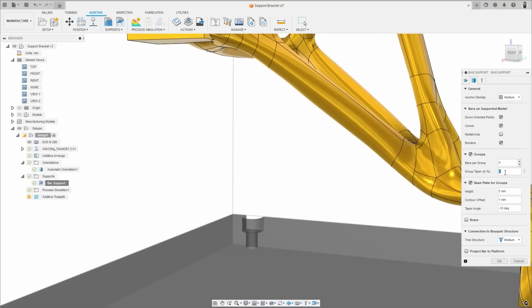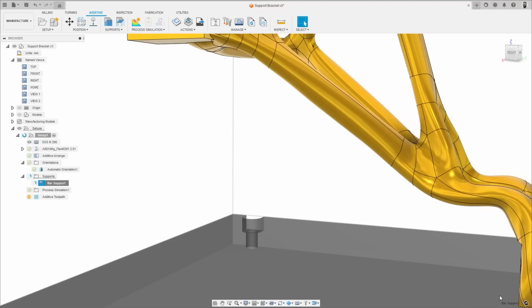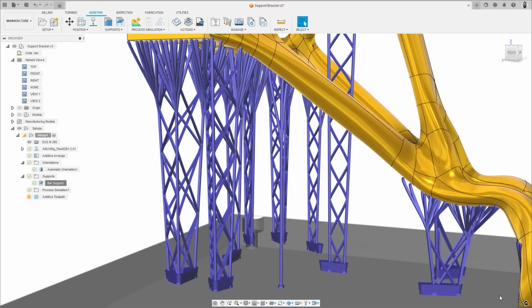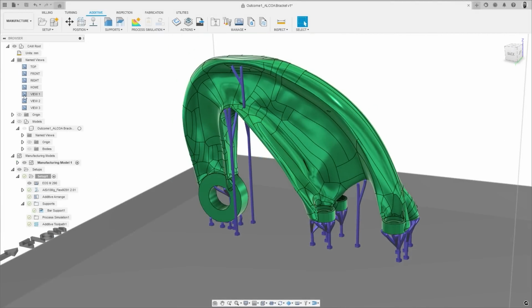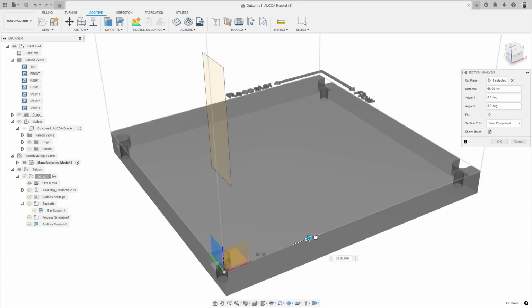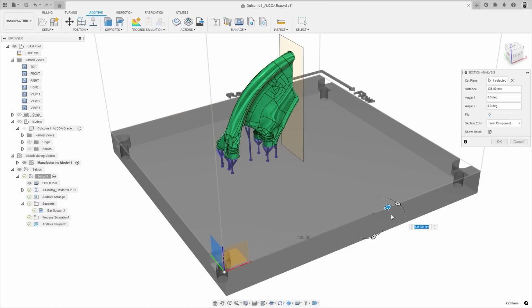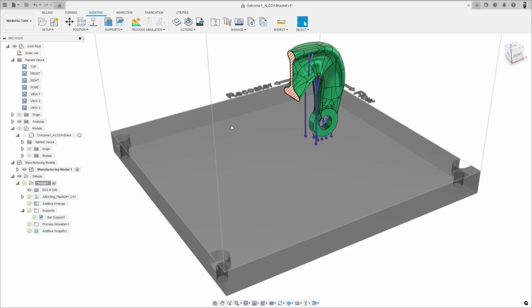What's more, we have also added a negative draft angle to the bar supports, meaning that they can be more easily and efficiently removed, reducing the labour involved in post-processing printed parts. For section analysis, the XY, YZ and ZX planes are now automatically visible and selectable, making it easier to choose a section plane. This is especially useful for more organic looking parts, which do not have any planar faces available